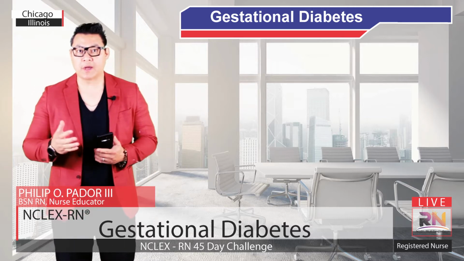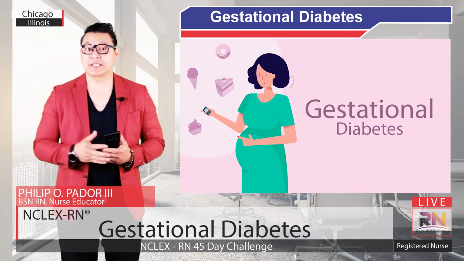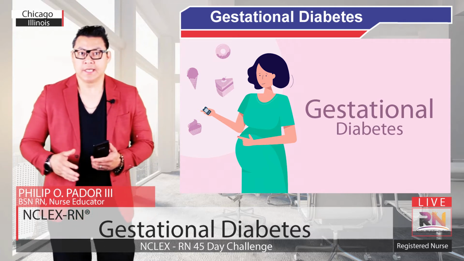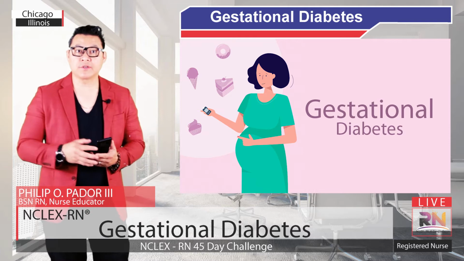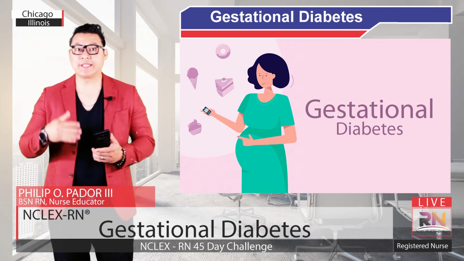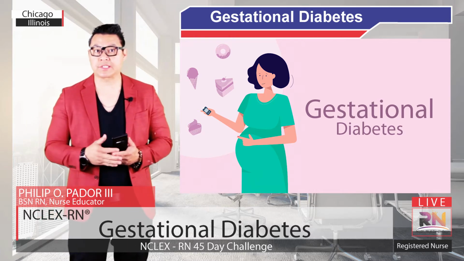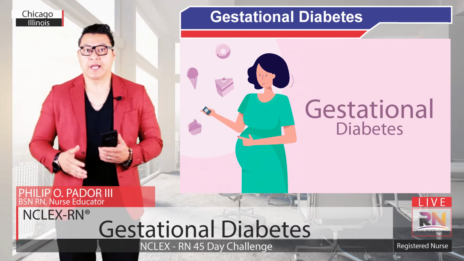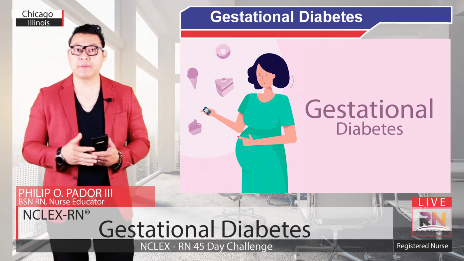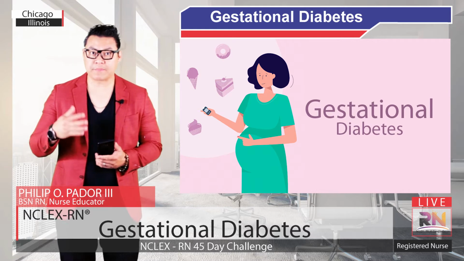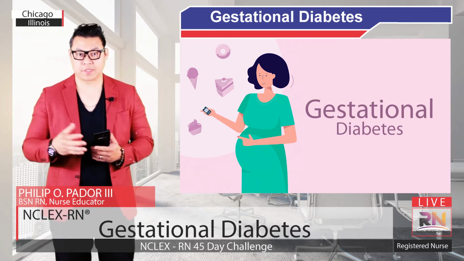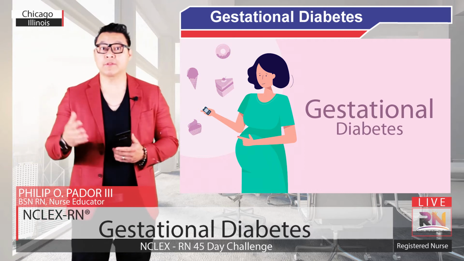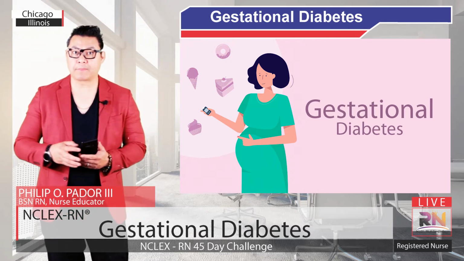In this video, I'm going to be talking about gestational diabetes. Gestational diabetes is a common condition occurring during pregnancy, especially diagnosed roughly in the third trimester. As the name suggests, it's essentially similar to diabetes mellitus type 2 in that you have hyperglycemia and problems with insulin. So let's look at what normally happens during pregnancy.